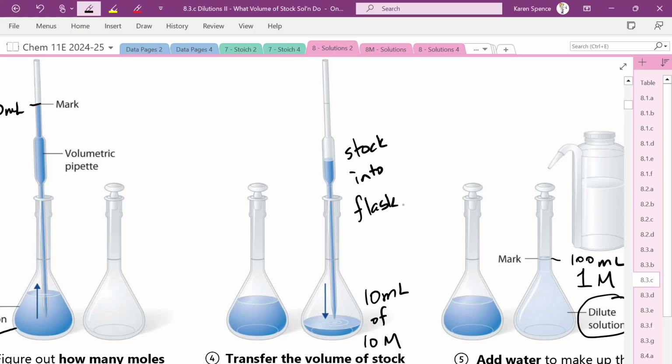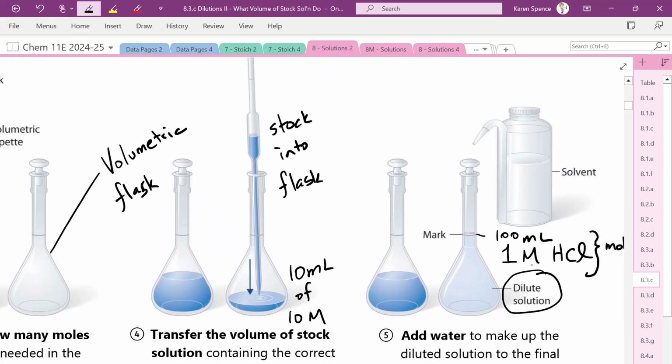What kind of flask is that called? Volumetric flask. So we would take our stock solution, we would put it into the volumetric flask, we would fill it